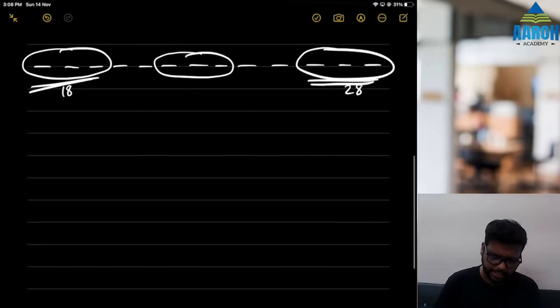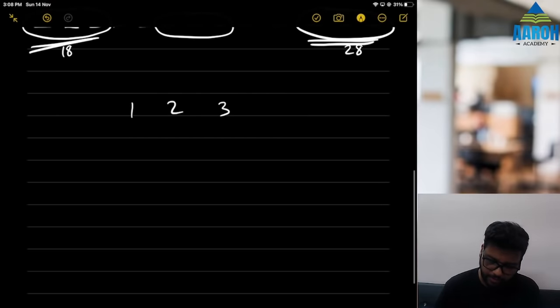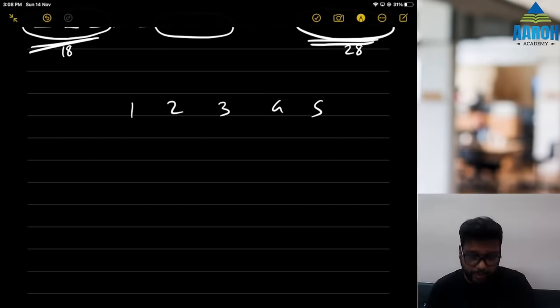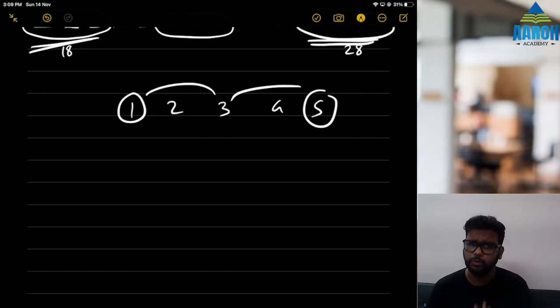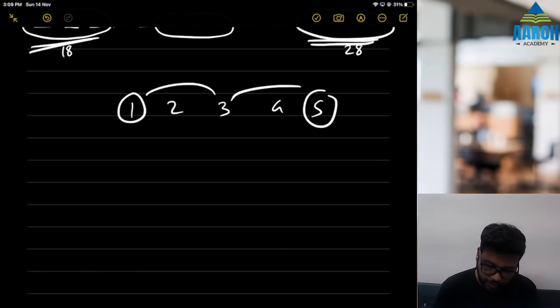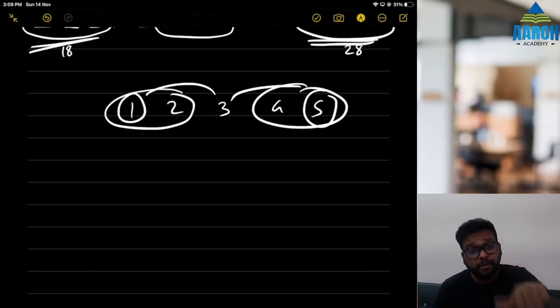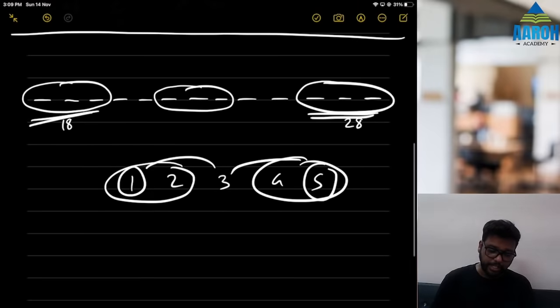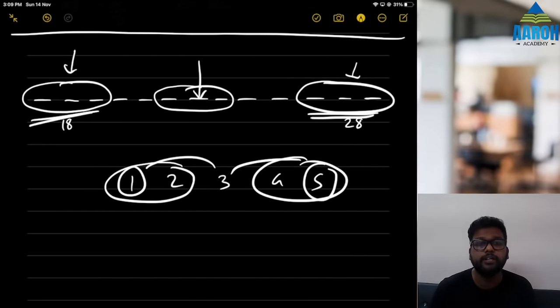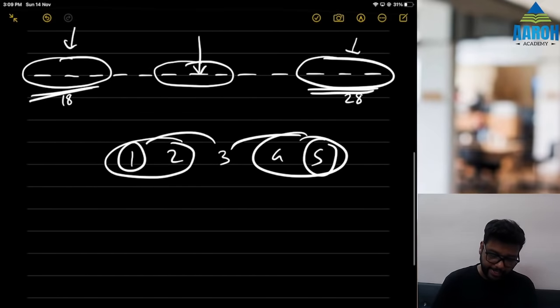What happens is, just take an example. For example, if you take 1, 2, 3, 4, 5, then if you take average of 1 and 5, it will be 3. Check. 1 plus 5, 6, 6 by 2 is 3. Or if you take average of this 4, still it will be 3. How? 1 plus 2 plus 4 plus 5 divided by 4, because there are 4 numbers. 12 by 4, that is still 3. That means if we take average of these 6 terms, that is going to give us this middle term, right?